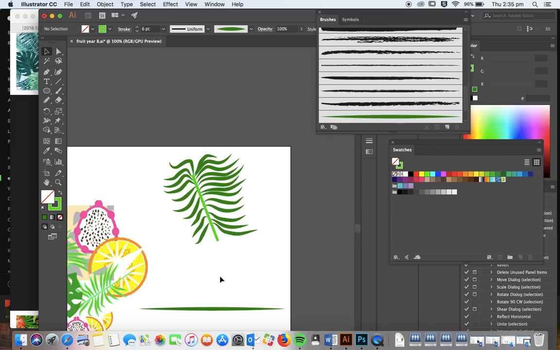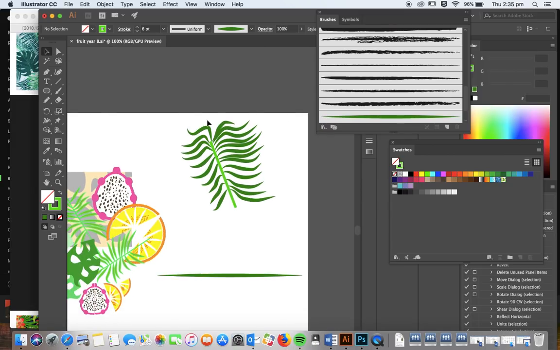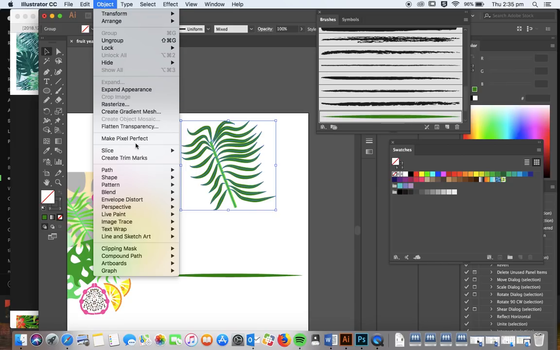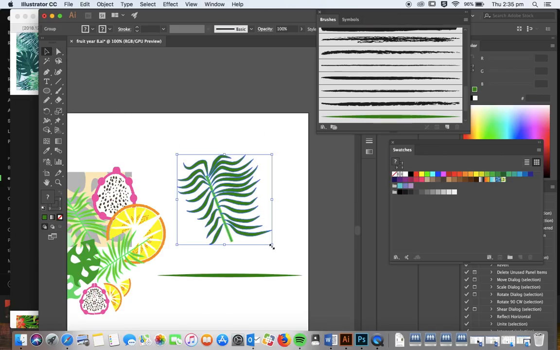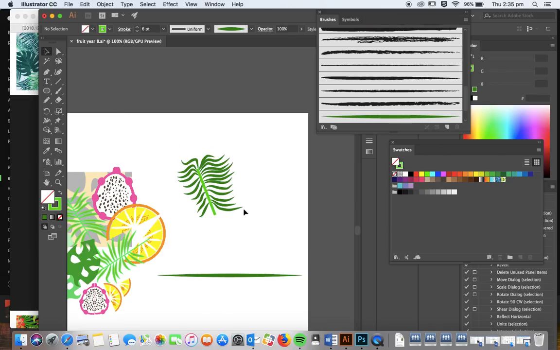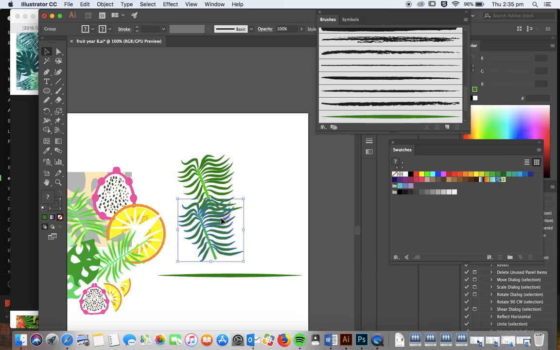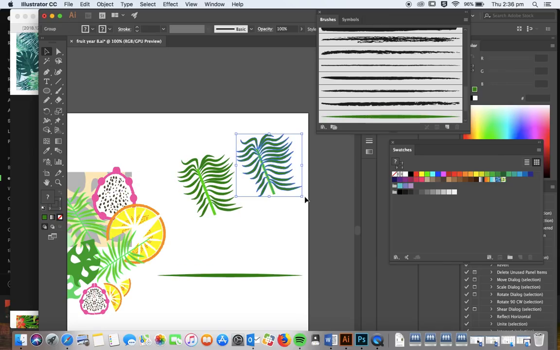Now, of course, once we've finished, we want to make sure that we are grouping it all together. So we're just drawing a rectangle over it with our selection tool. We're going Command G, and we're going Object, and we're going to Expand Appearance. And there we go. We have our own little fern drawing, which we can multiply and change around and add to our tropical